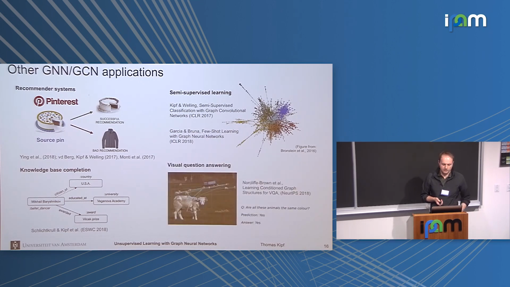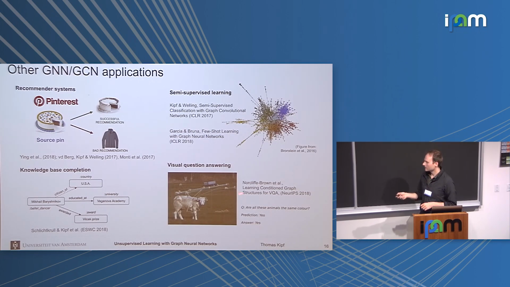Now, to go to the second part of my talk, one recent application I want to highlight for graph neural nets is going a bit beyond explicitly graph-structured data. You can also use these methods for problems where you have an image and you would like to ask certain questions about it. You would like to understand what's going on in an image. And in this case,